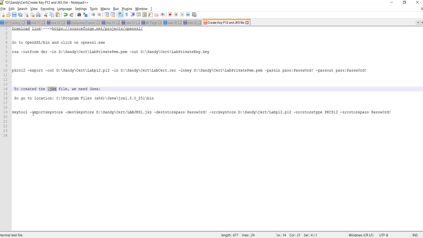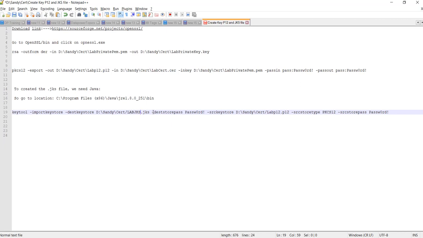To generate the keystore, we need to mention the name of the jks file, like we are keeping labjks.jks, and the jks also needs a password. Your p12 and your jks file can have different passwords, so they are not dependent on each other.